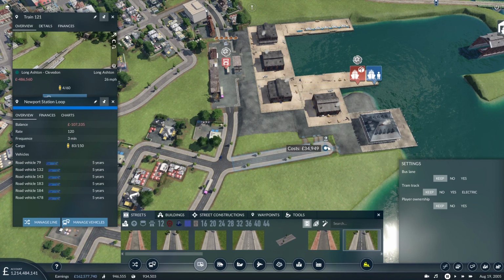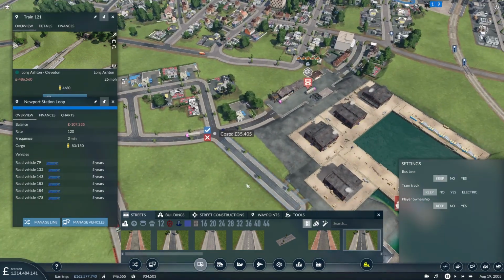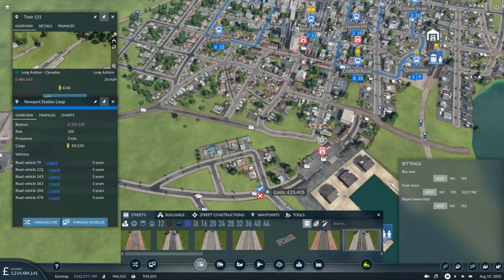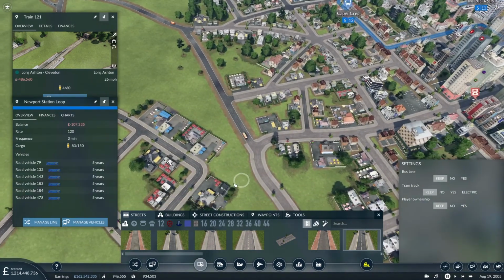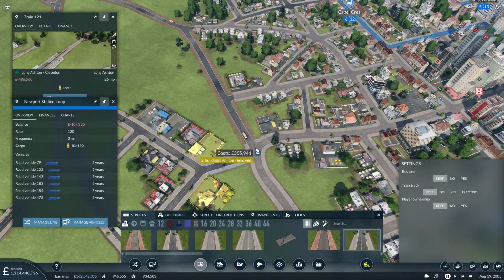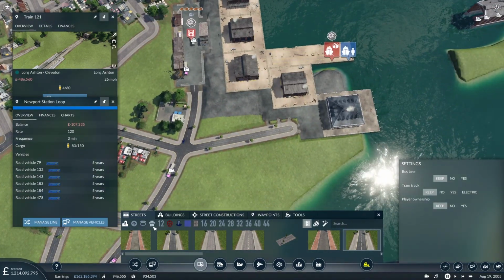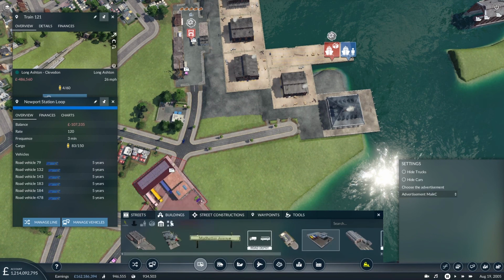From there to, actually, if I draw it out from here to there. Okay, you're not terribly connected to the rest of the town though, are you? So I think we're going to need to put something like that in. Okay, that's good. And we'll have a little bit of a bus stop